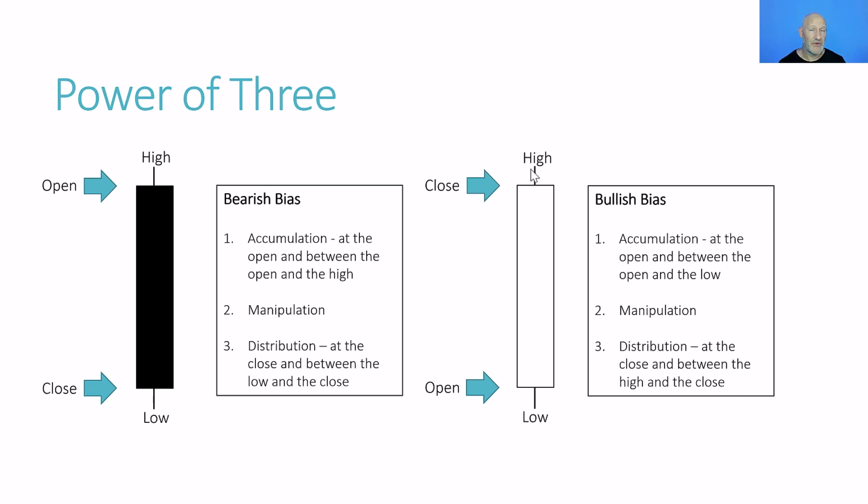So in terms of how we use the power of 3 with the London Open and the Asian trading range, we'll often have the high of the day or the low of the day made in London. For example, if we're trading during the London Open and we see a high printed, so we have the opening price at midnight, we see price go higher, and then the market starts to trade lower over the course of the session, then we can start to build an assumption or a hypothesis that the high of the day is being printed in London, and therefore we can start to expect that we're going to see lower prices over